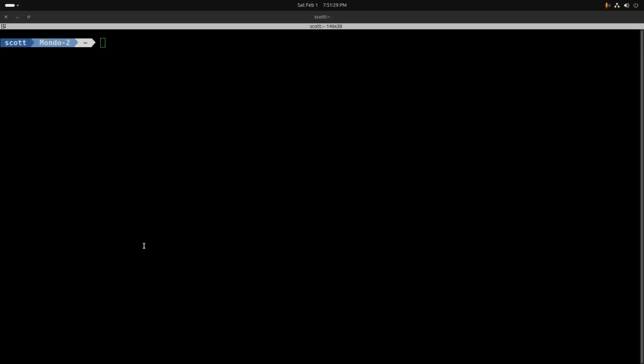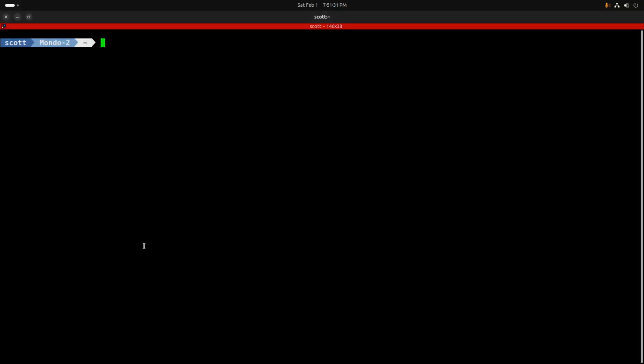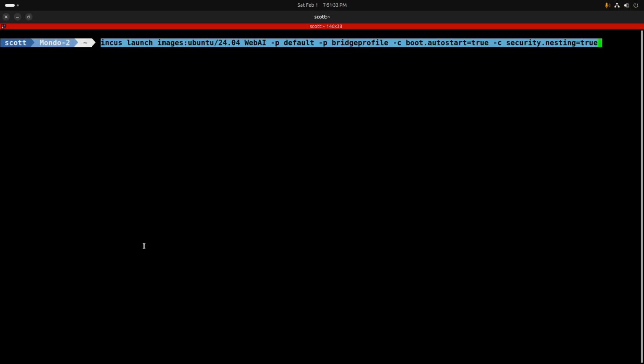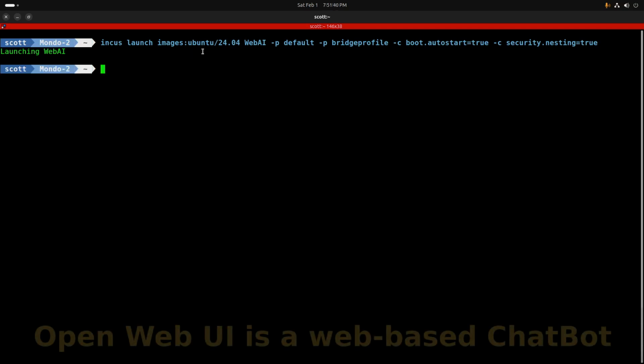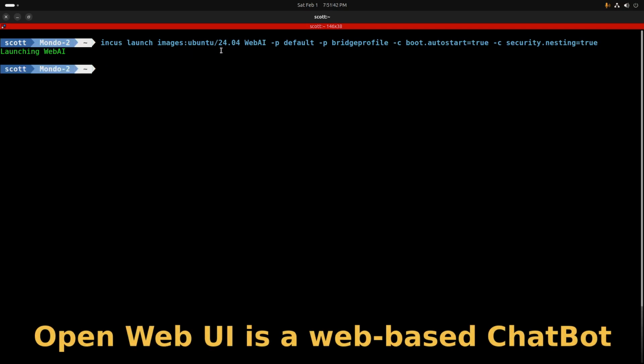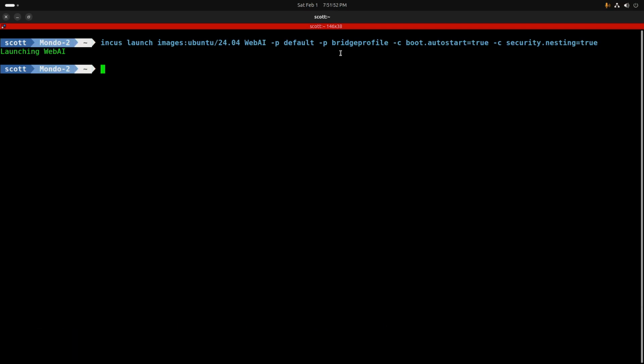Here we are at a terminal on that Minis Forum desktop, and I'm going to start by creating an Incus container. The Incus container I'm creating is for Ubuntu 2404. I'm calling the container WebAI. I'm including the default profile in the bridge profile, and by including the bridge profile, we're creating that container with an IP address on the main LAN,